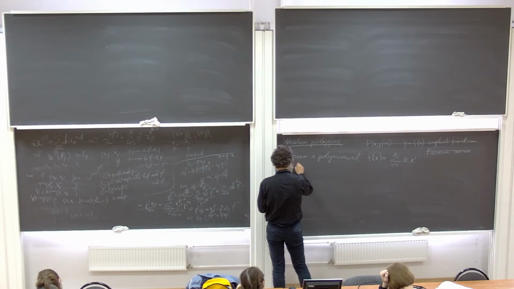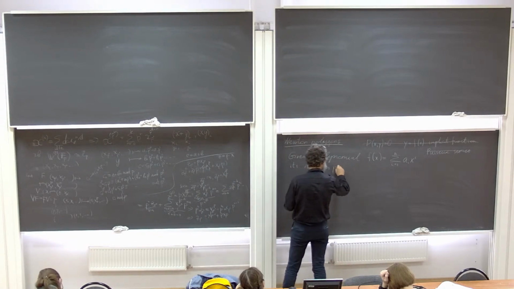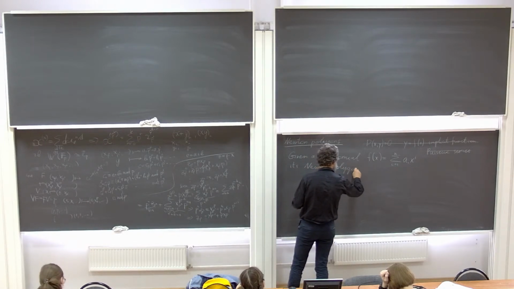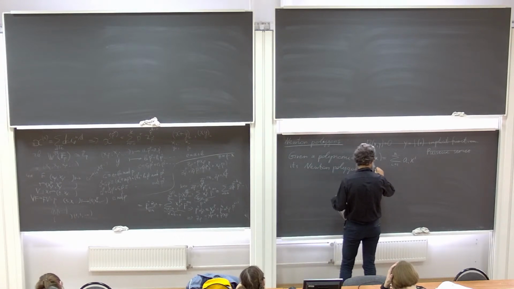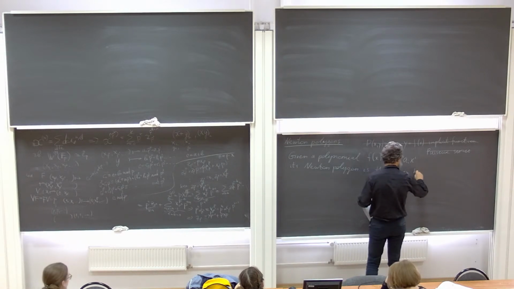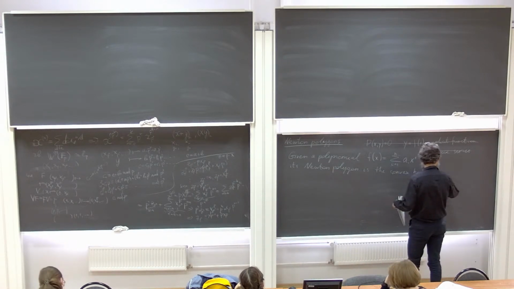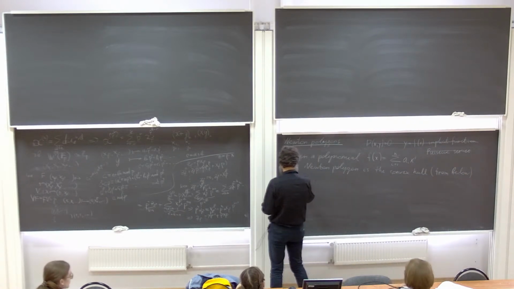Its Newton polygon is defined as the convex hull, so to say, from below, of the points in the plane,